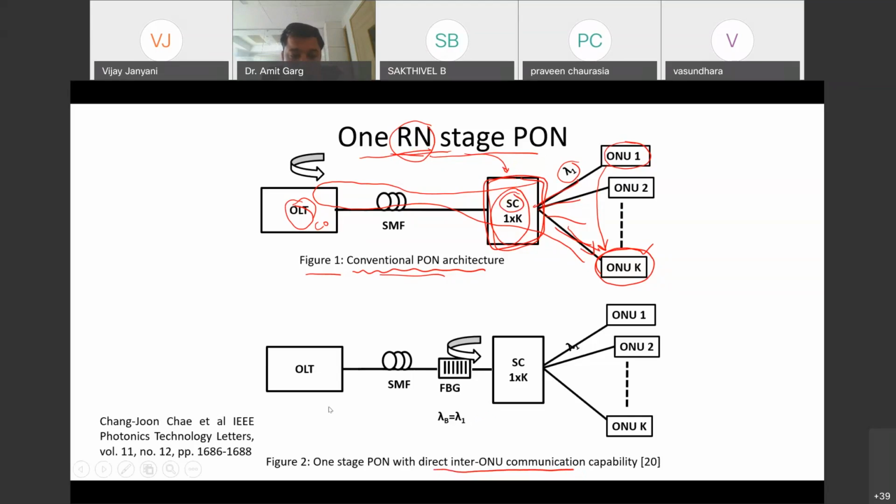Here what you do is you put an FBG here. As you can see, there is a fiber Bragg grating put in this. And this FBG has a property that I will show you in slightly more detail, because it is very important to understand the function of an FBG, since all the configurations that we study later will be using FBGs a lot. So this FBG concept is very important for you to understand. Let me go to the next slide and tell you what an FBG is.